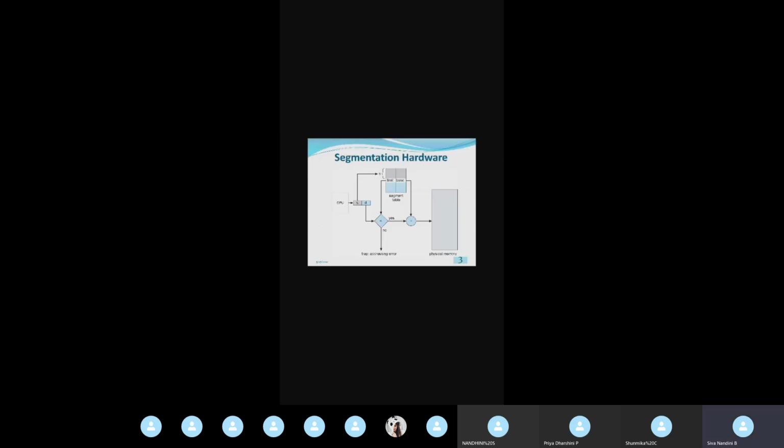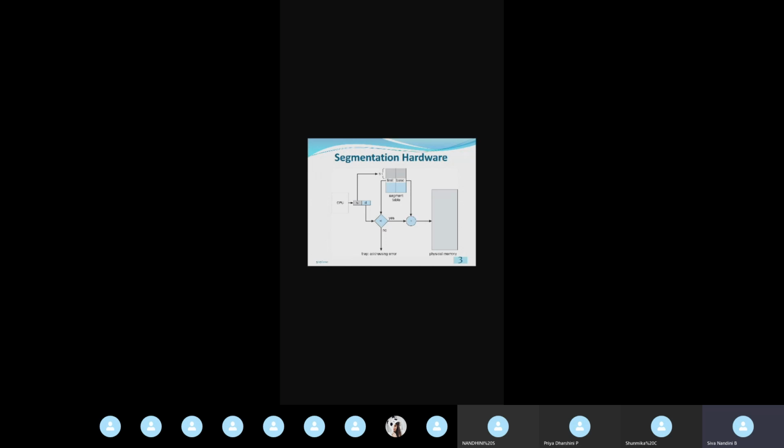For easy understanding, we will see how this segment logical address is converted into physical address using the segmentation hardware architecture provided in slide number 3. See here, from the CPU, we are generating a logical address. Okay, in the logical address, S denotes segment number and D denotes offset. First, in the logical address, we look at which segment it is.